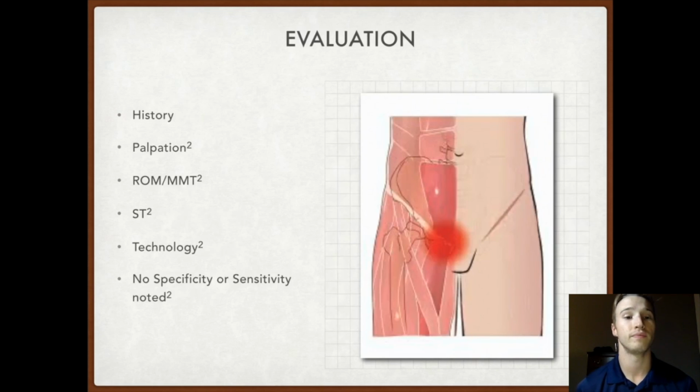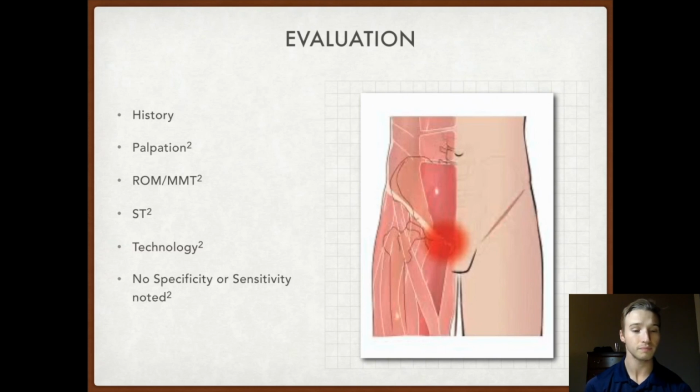The evaluation. First, an evaluation should begin with history to include trying to find out those clinical indicators mentioned before, and then you should move on to a physical assessment. Palpation, there's going to be pain or report of tenderness on palpation over the pubic ramus, the proximal adductor region, and or the insertion site of the rectus abdominis, which is primarily located by the red circle on the graphic